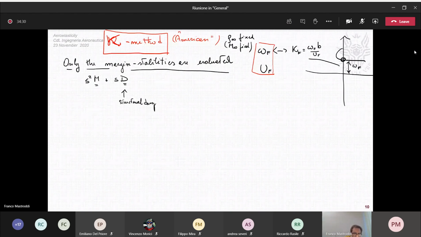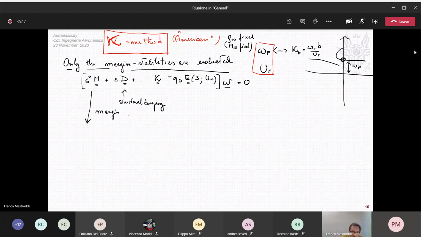Structural damping. I want to include a stiffness, and in our flutter equation you have S and U, and this equation is referred to an eigenvector W, a complex eigenvector W. Now, in the margin condition, remember when we studied the panel flutter, we wanted to study only the stability margin, and then if you want to study the margin,